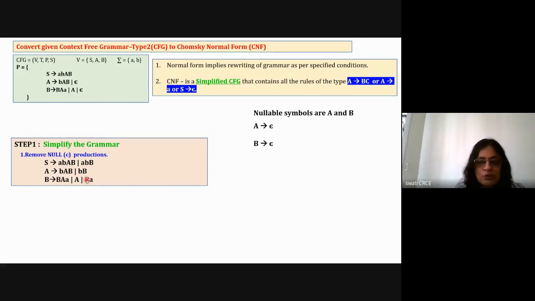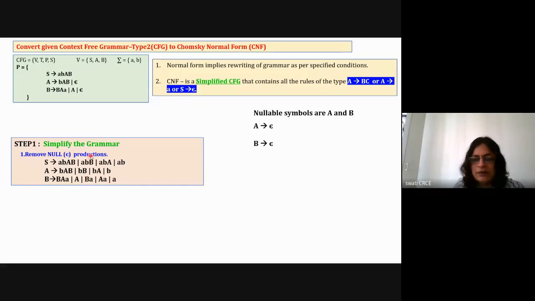Like this, you will have to go through each and every rule and put B as epsilon and get the new value. If it is a new value, add it here. This way I'm adding the new rules, because I'm removing B is equal to epsilon. These are the rules added to the existing grammar: ABA and AB, BA is added, small b is added, then S capital A small a is added, and small a is added.